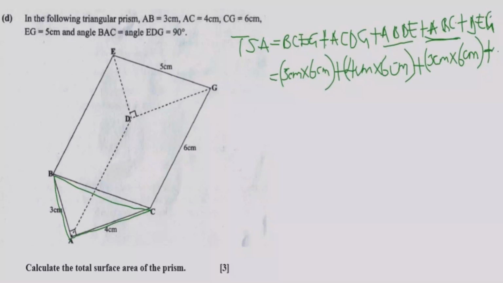So that means we multiply 4 centimeter by 3 centimeter. Because of lack of space there, I'm going to come down here and write 3 centimeter times 4 centimeter. Okay, then plus,